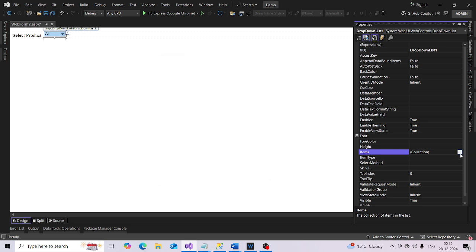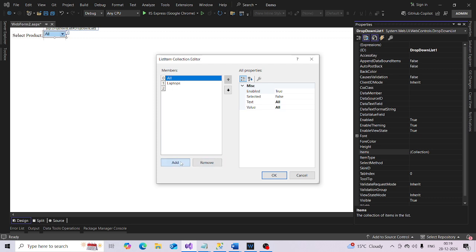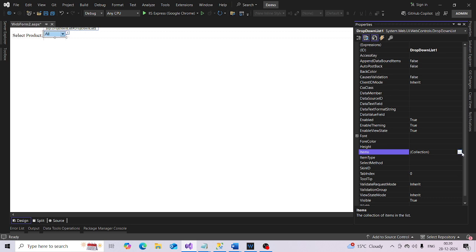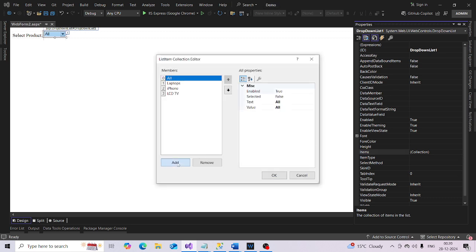Now go for LCD TV. Text should be LCD TV and value should also be the same, LCD TV. Click OK. Add one more,